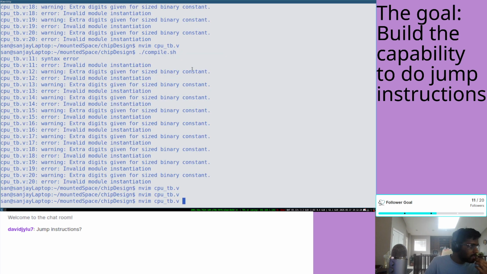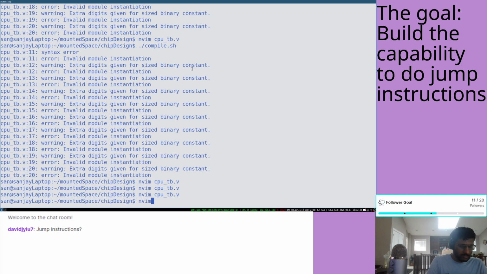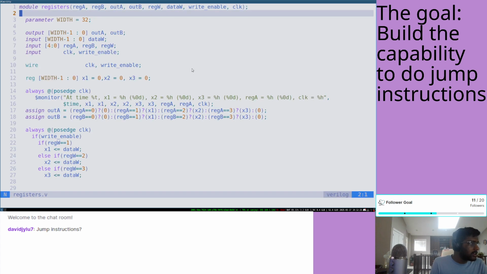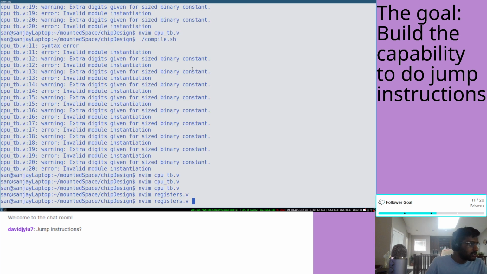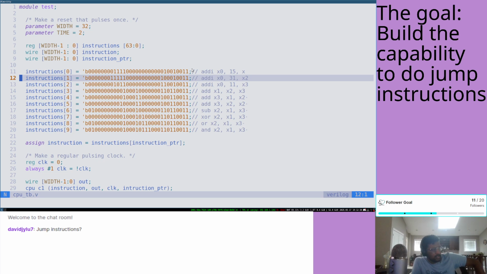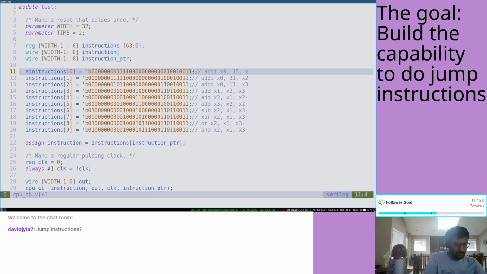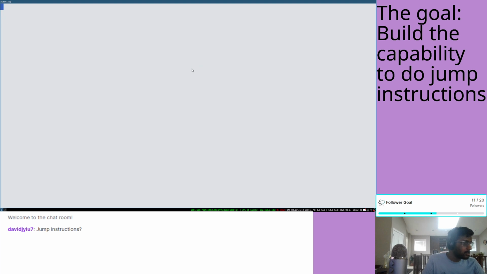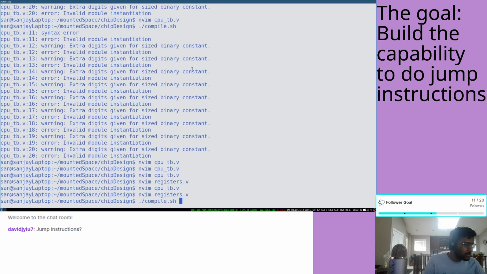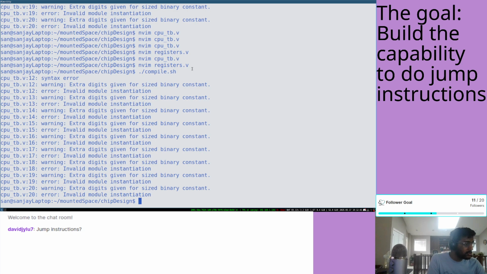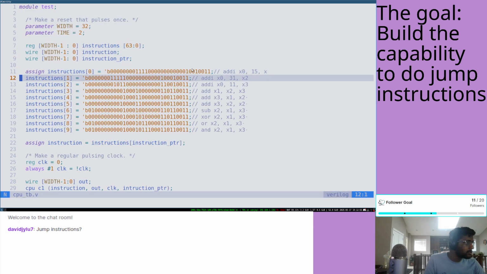Invalid module initialization. How do I initialize stuff in registers? I just set equals 0. I just say equals, because that's the initialization. Okay, hold on. Instructions is this. What if I write assign? Oh, assign is correct. Okay. And yeah, okay, so I just assign